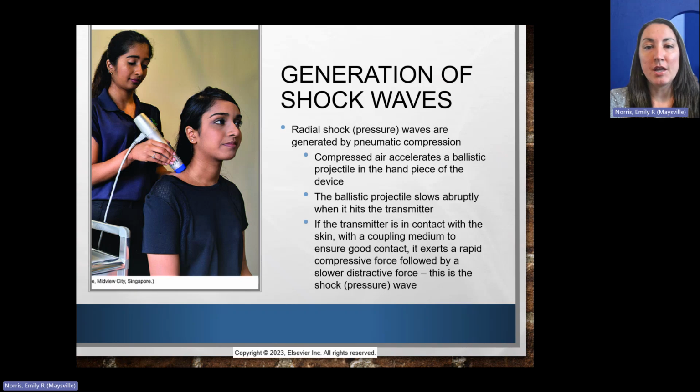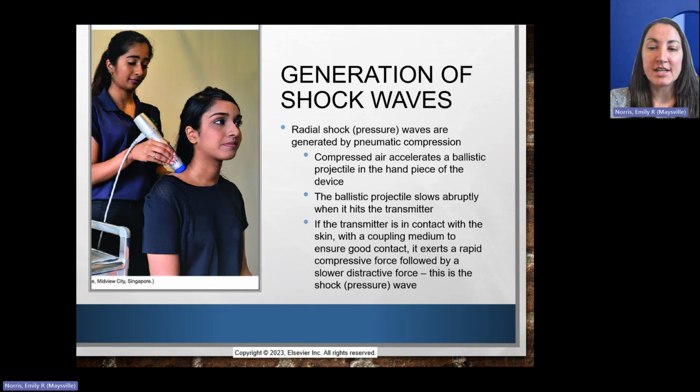So generation of shock waves. Radial shock or pressure waves are generated by pneumatic compression. The compressed air accelerates a ballistic projectile in the handpiece of the device. Then that projectile slows quickly as soon as it hits the transmitter, if the transmitter is in contact with the skin and has a coupling agent, kind of like ultrasound gel, and